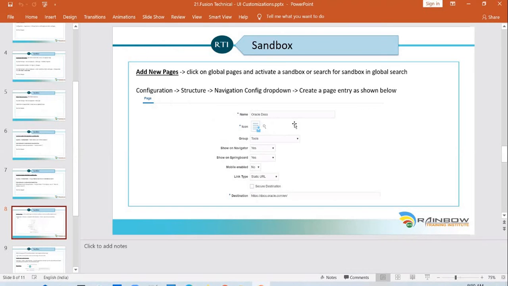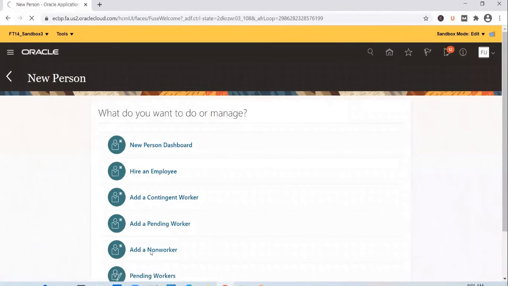In EBS, yes, if you want completely new custom screens, you could build it as an OAF page or as a form and you can deploy it, right? But in the case of ERP Cloud, you know the limitations we have in the cloud, right? So when I say add a new page, I'm talking about adding a new navigation option so that client users can access the other applications or other pages they want to navigate to from within the application.